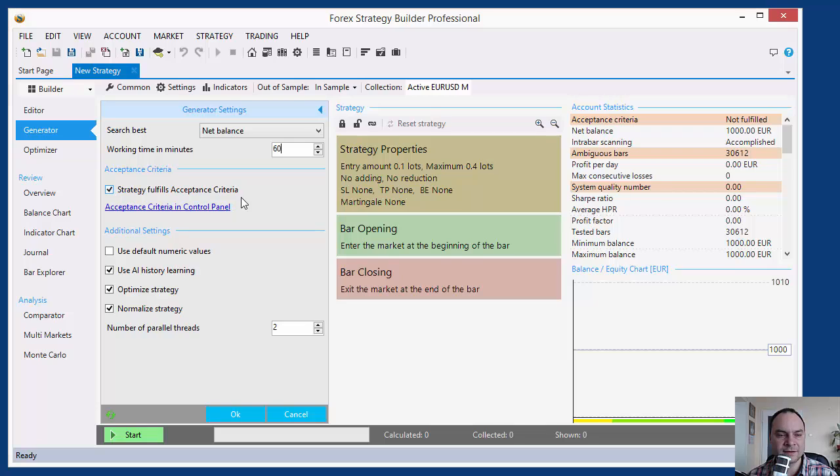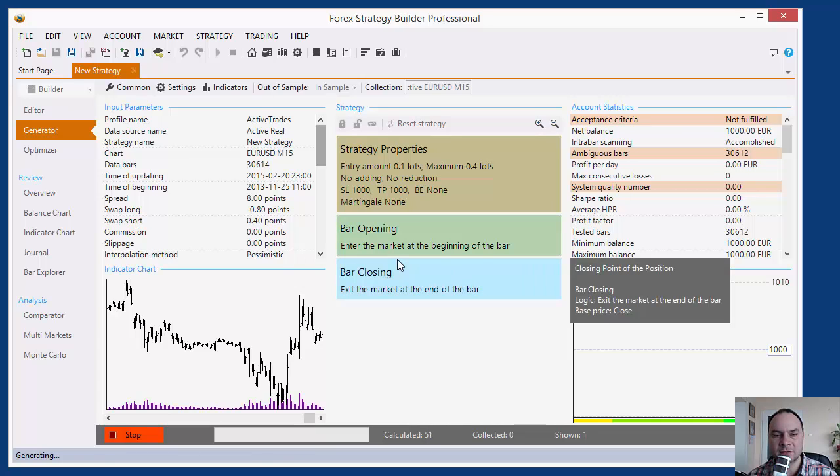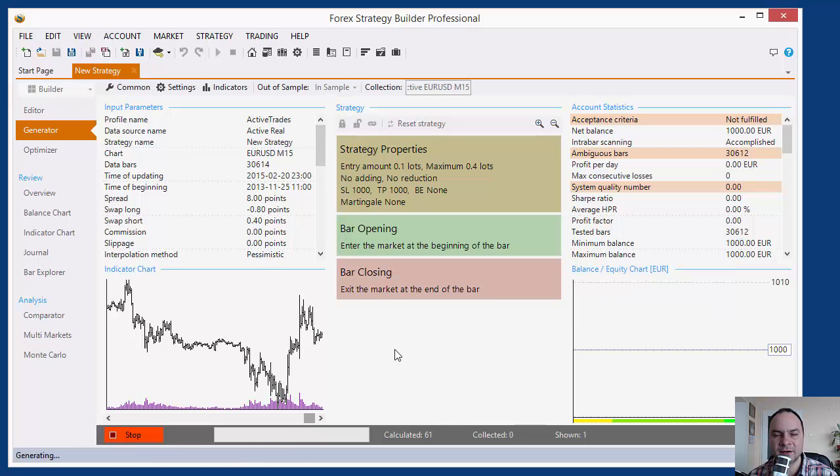For "Strategy fulfills acceptance criteria," I will leave these options at their default values to start the generator. During the work, I'll explain the next settings. So I have the collection, and that's okay. Let's run the generator. Now the generator tries to find strategies. What it does is generate random indicators and try to fulfill our criteria and